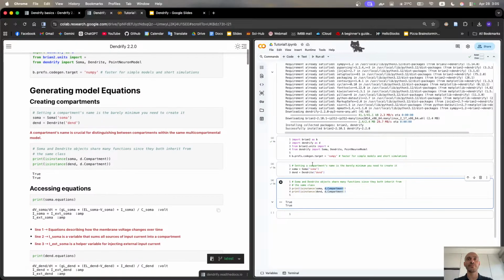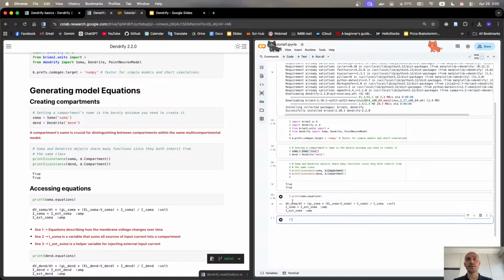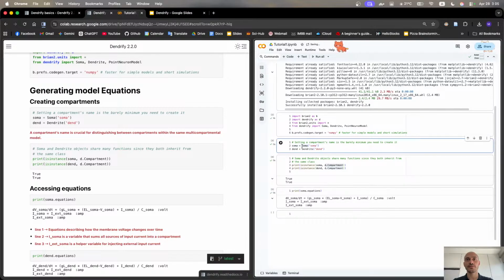And what can you do after you create a compartment like a soma or a dendrite? You can simply go and print its equations. By default, when you create a soma compartment, it creates differential equations of a point leaky neuron. And just to understand a little bit what happened here, when I created this soma, you can see that I added this flag here, soma. I could literally type anything inside it here. I could call it Nick, for example, or cat, it doesn't matter. But this string here is needed to format the equations and have